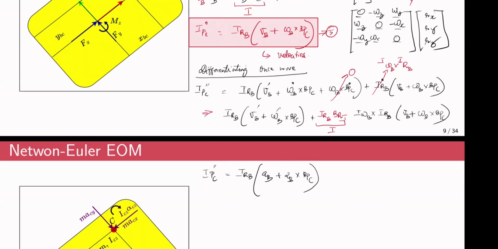Then we will have the remaining terms, right? If I take one of these IRBs outside, this term would make it as omega B expressed with respect to its frame of reference, omega B cross, we'll have to expand it out, VB plus omega B cross omega B cross BPC,